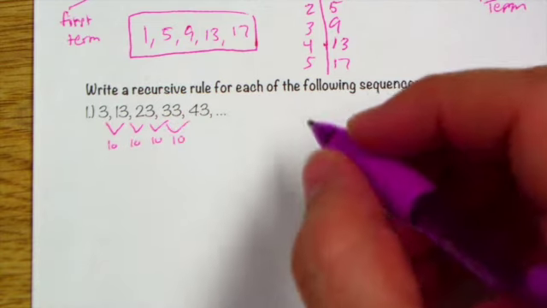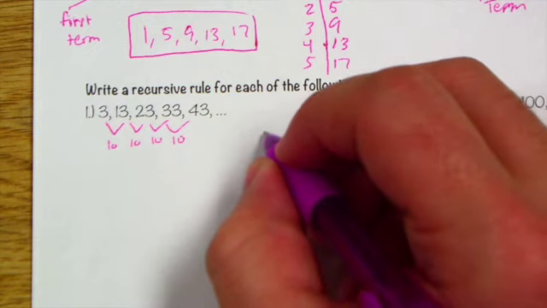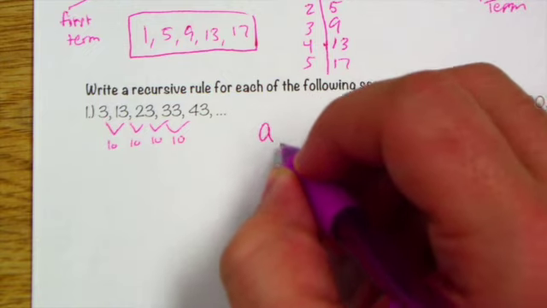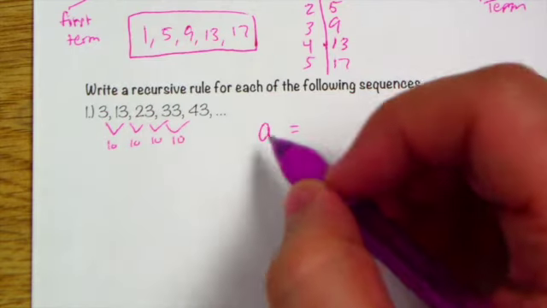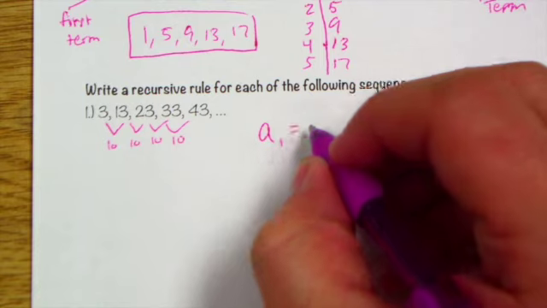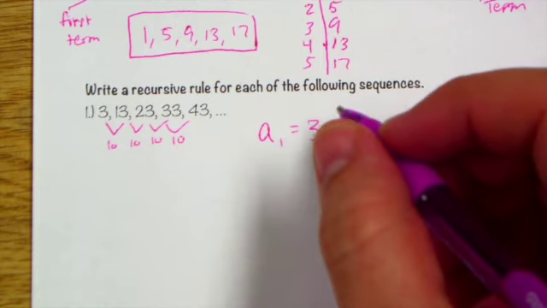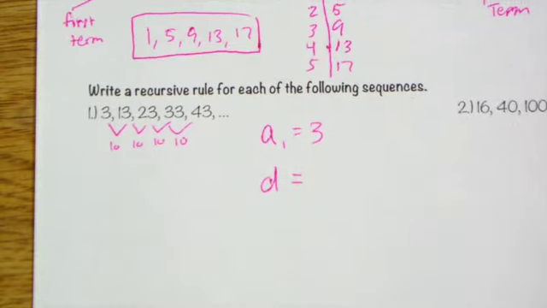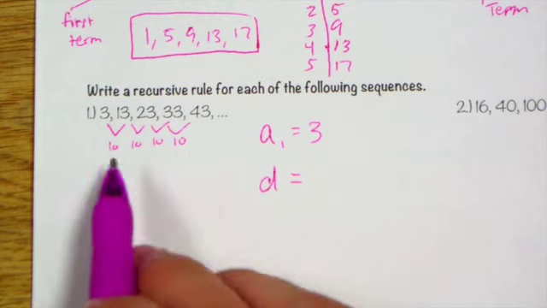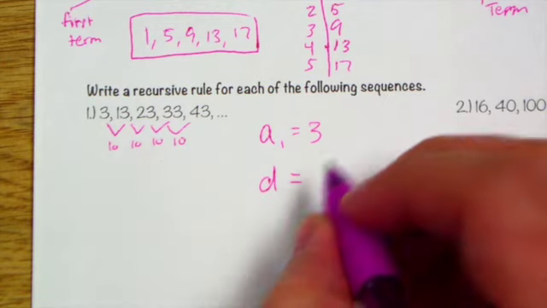In order to write a recursive rule, we need 2 pieces of information. We need a sub 1, the first term, which is 3. And then we need what is called d, which refers to the common difference,